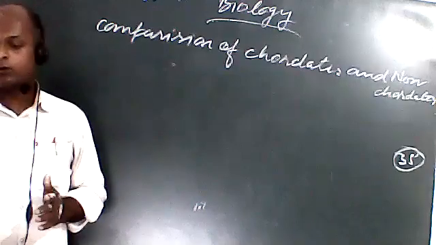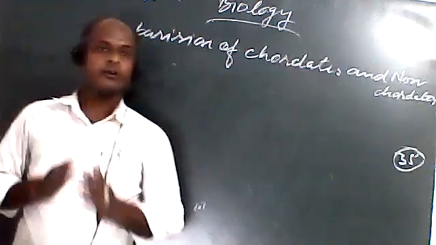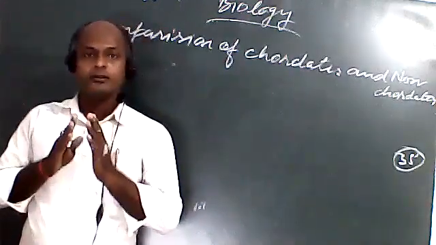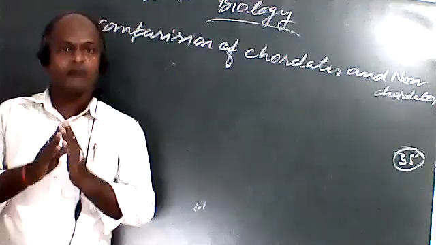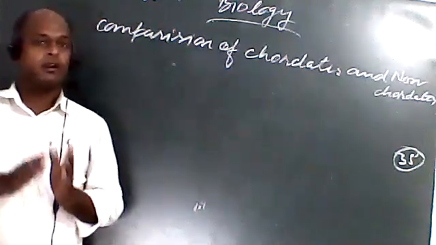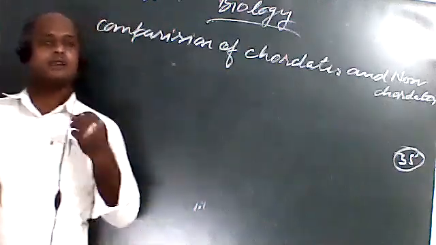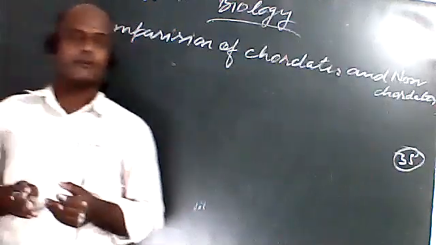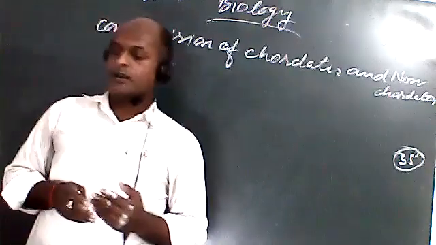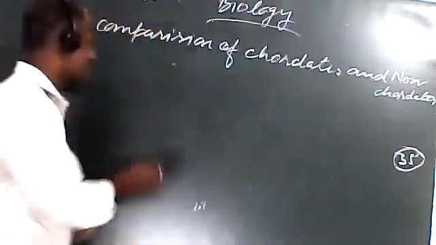In your book, in table 4.1, it is given that there is presence of notochord in case of chordates, whereas in non-chordates that notochord is absent. It is not present in any stage of its life. The second one is given: CNS. It is important,